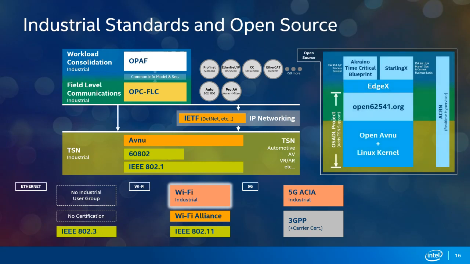And then we layer in our open source, and this is intended to line up. So in the TSN space, we're working with the core Linux kernel and Open Avnu. And then OSADL is an open source project that we're investing in that takes Open Avnu, the Linux kernel, and open62541 to help deliver the time-sensitive networking solution code base that the industry can adopt and help them transition their products. We have the EdgeX project, a Kubernetes time-critical blueprint, and StarlingX, all developing and delivering code for